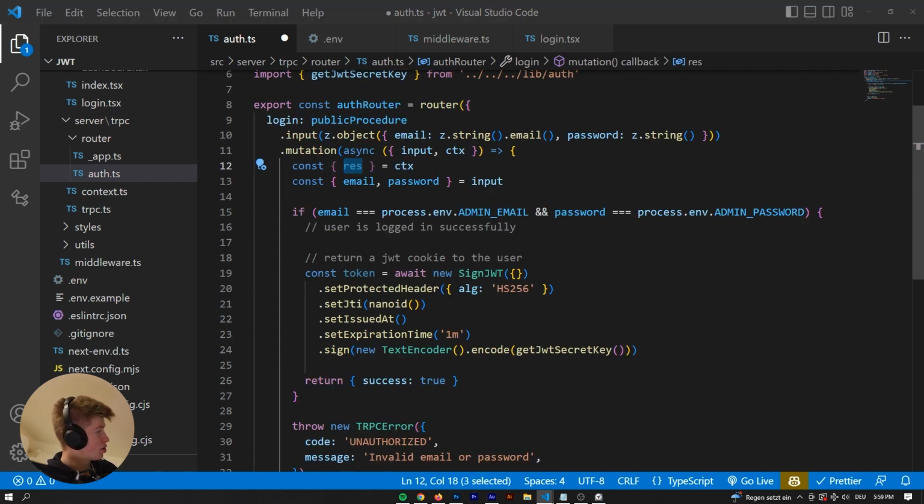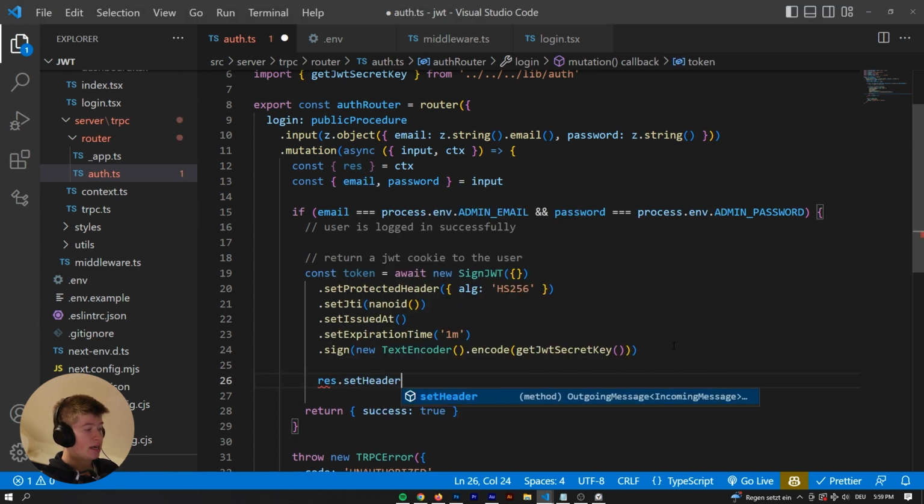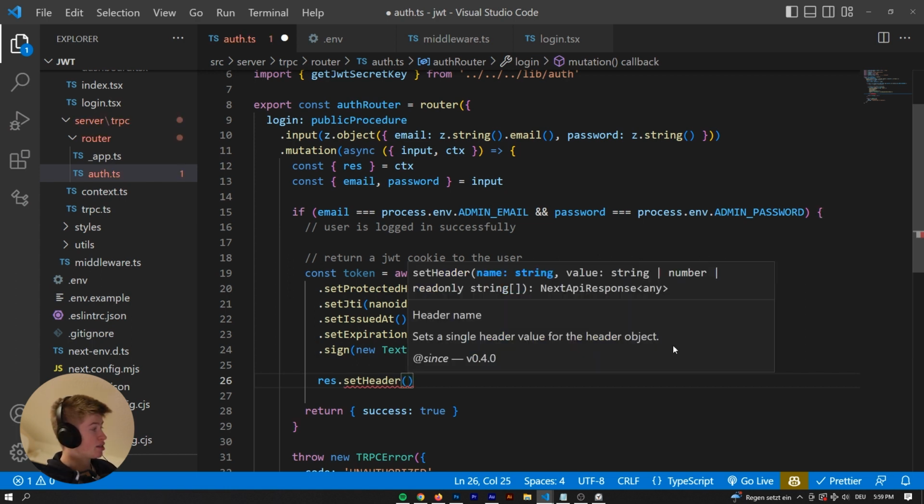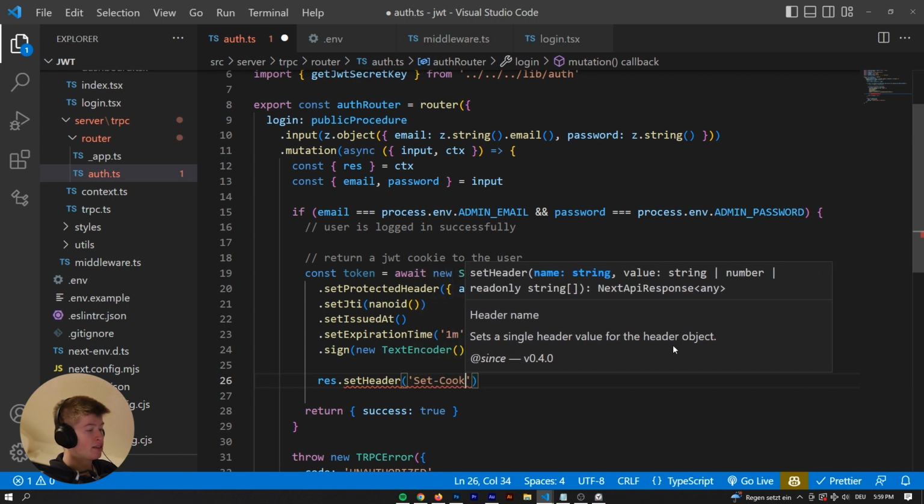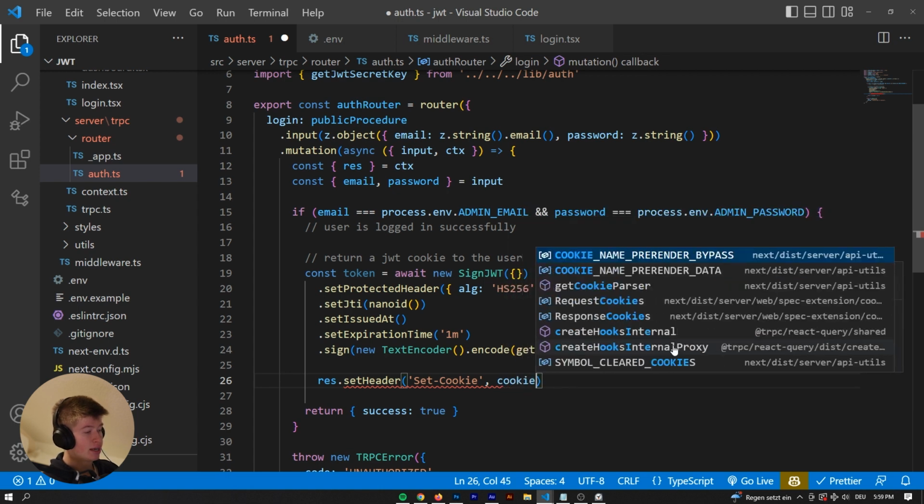And then for the response, we can say res.setHeader. Essentially, we just want to send back the cookie. It's probably easier in regular Next.js than tRPC. So this is where regular Next.js really shines, but it works just fine in tRPC as well. So set cookie as the header, and then